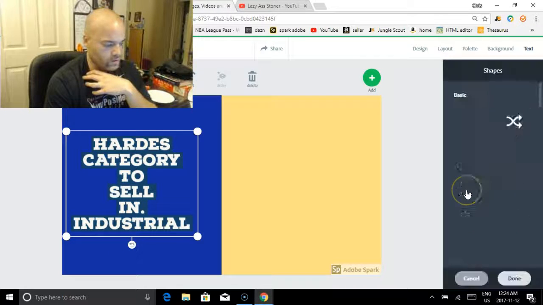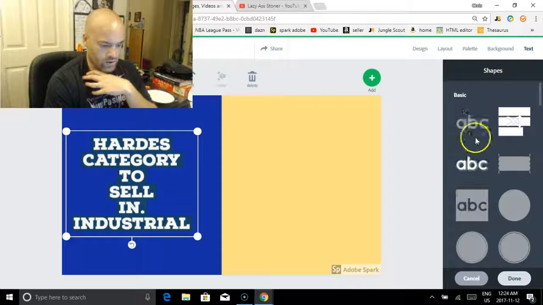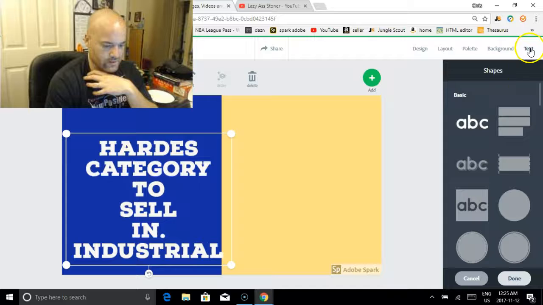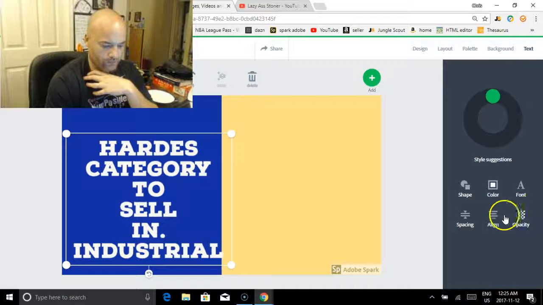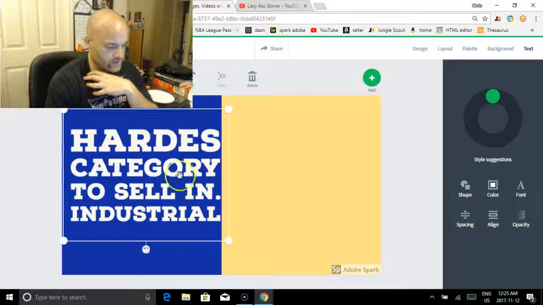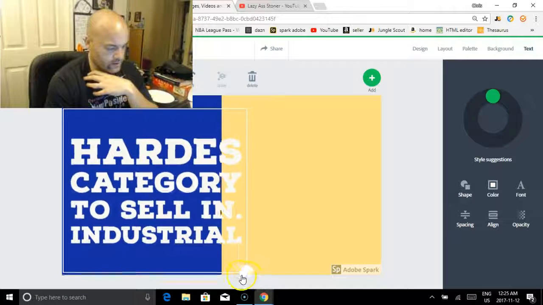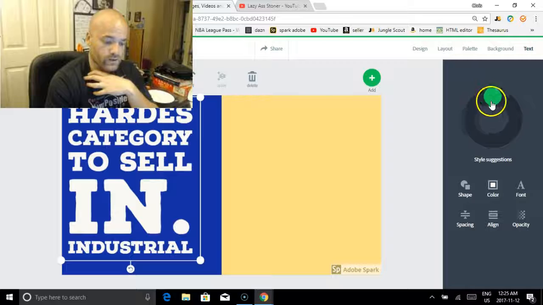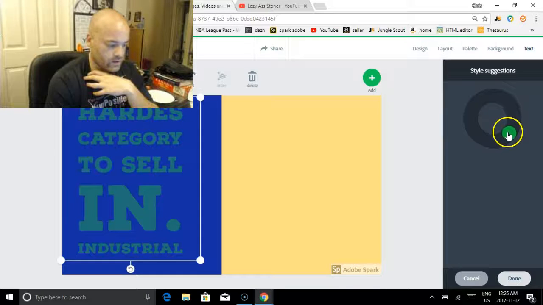We're going to get rid of this shape. We're going to go with the basic. Let's go back to text. Go to done. Fix the alignment. There we go. That gives us a better size. And now this is a cool feature where if you spin it,